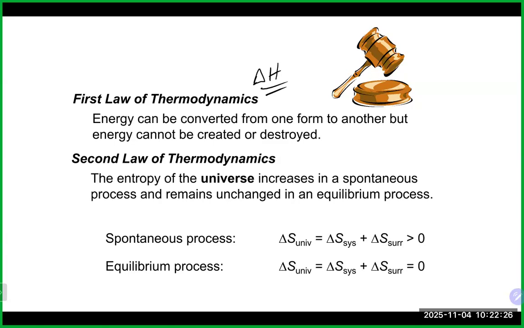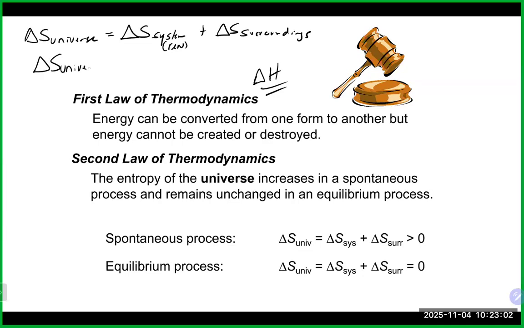So what we use to help us decide whether or not a reaction is going to be spontaneous is what is on the bottom there, which is the delta S of the universe. We look at the delta S of the universe, and that's composed of two things: the delta S of the system, which a lot of times is your reaction, plus the delta S of your surroundings. If you add those together and you hit a positive number for the delta S of the universe,